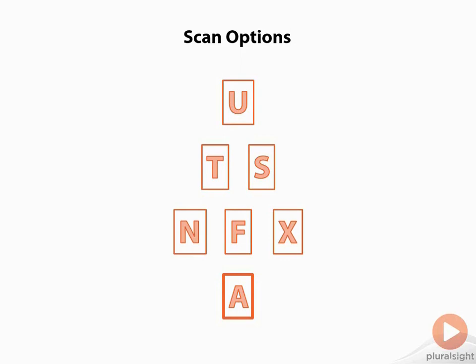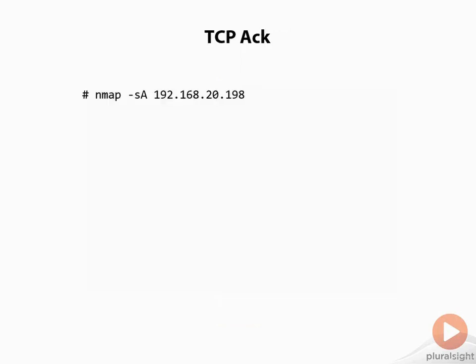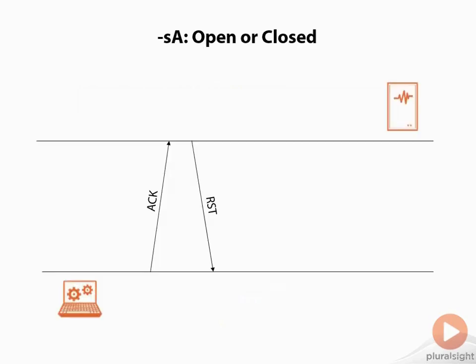Finally, let's talk about ACK scanning. TCP acknowledgement scanning is enabled using the -sA option. Like with the ACK host enumeration technique presented earlier, the ACK port scanning option sends an acknowledgement to non-existent data. When scanning both open and closed ports, the target system will always return a reset packet, so Nmap labels them as unfiltered, meaning that they are reachable by the ACK packet, but whether they are open or closed